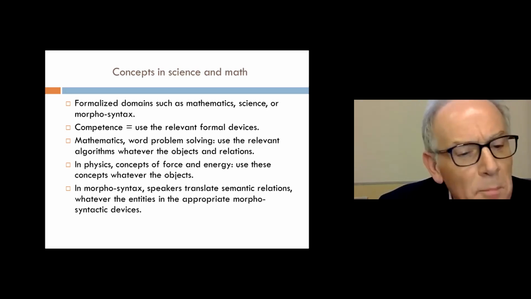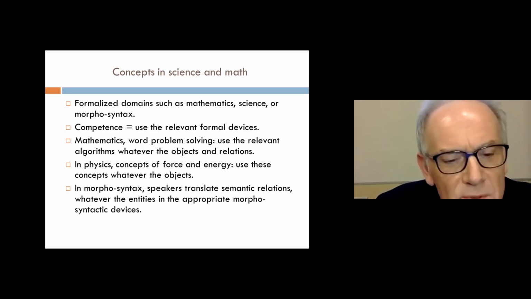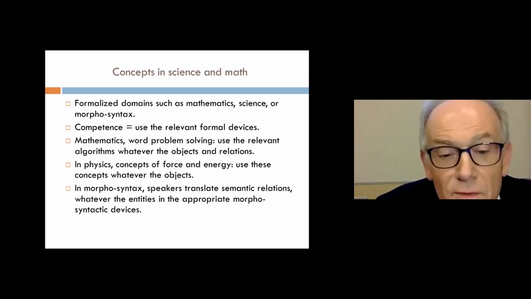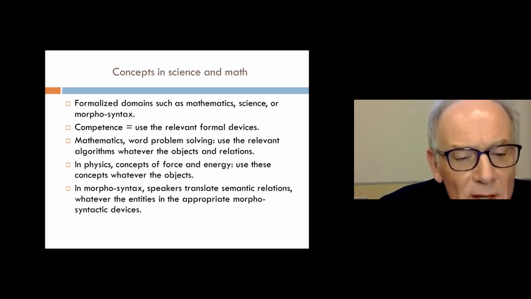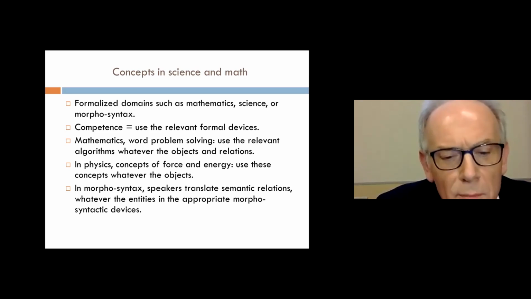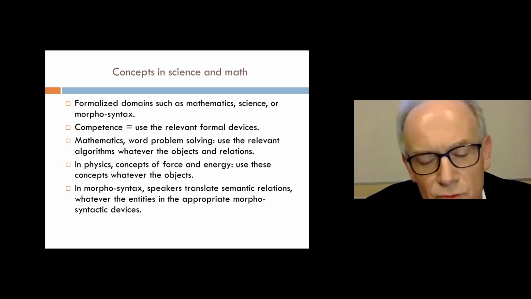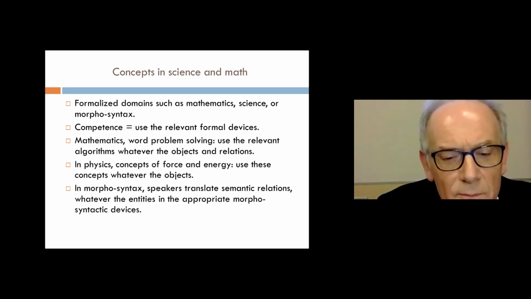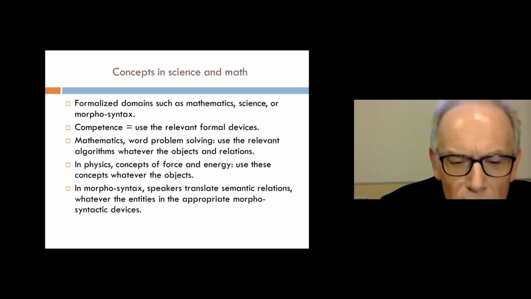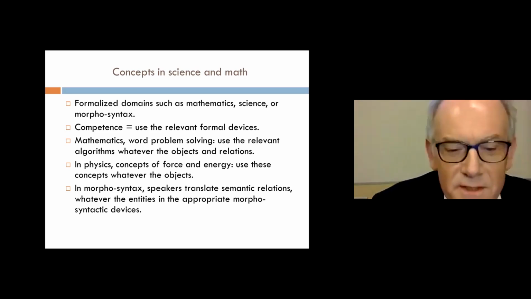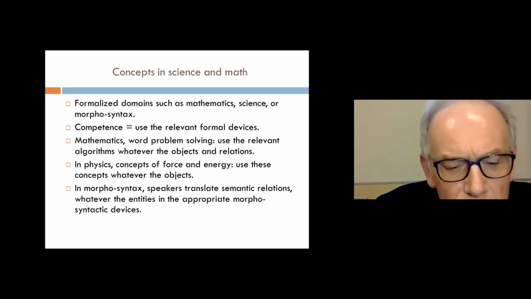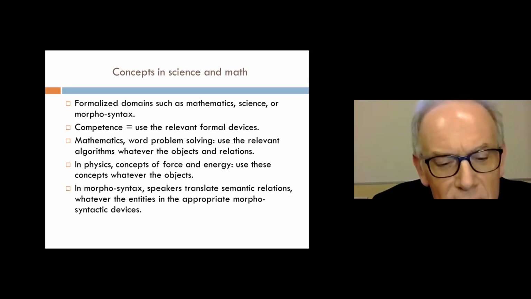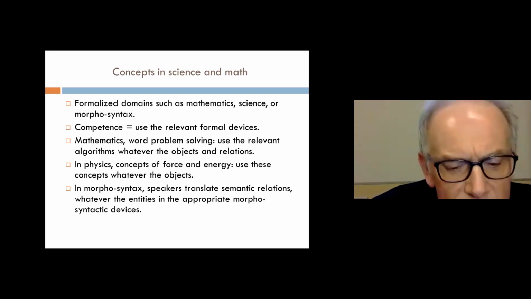So in all these domains, competence could be described as the use of formal devices, relevant formal devices in the good situations. In mathematics, for example, when you solve a word problem, you have to use the relevant algorithms, whatever the objects and relations. I mean, algorithms do not depend on the objects and relation. I'm going to show you that it's not the case. In physics, if we refer to the concepts of force and energy, those concepts work whatever the objects. I won't have the time to present this, but again, it's wrong. In morphosyntax, speakers translate semantic relations, whatever the entities, in the appropriate morphosyntactic devices,